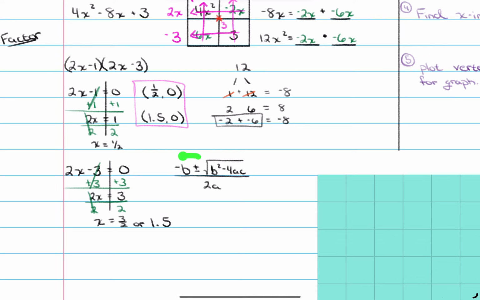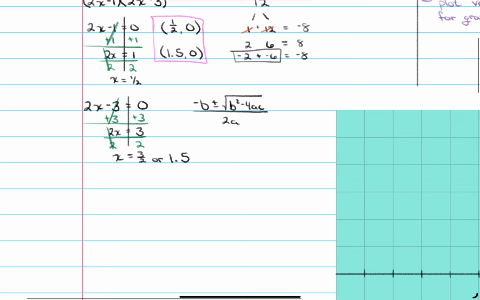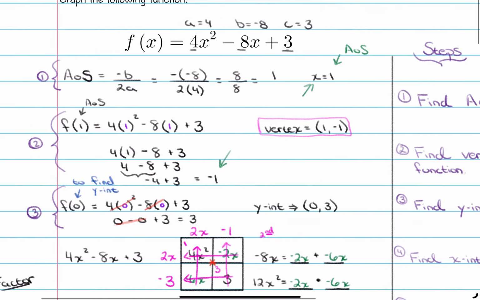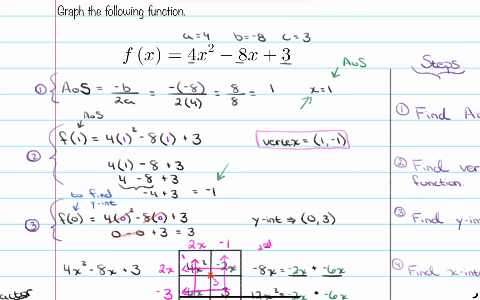We can plug into this formula and we will still come out with 1 half and positive 1.5. Okay, so if I do that just to show you very quickly, we have the opposite of b. I'm still using the same a, b, and c from up here when we labeled them. Okay,